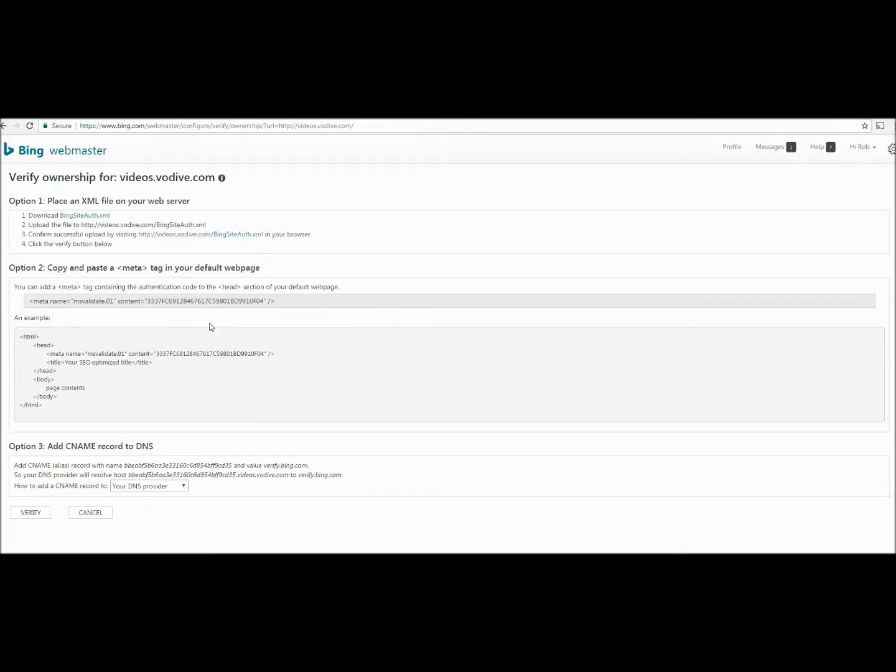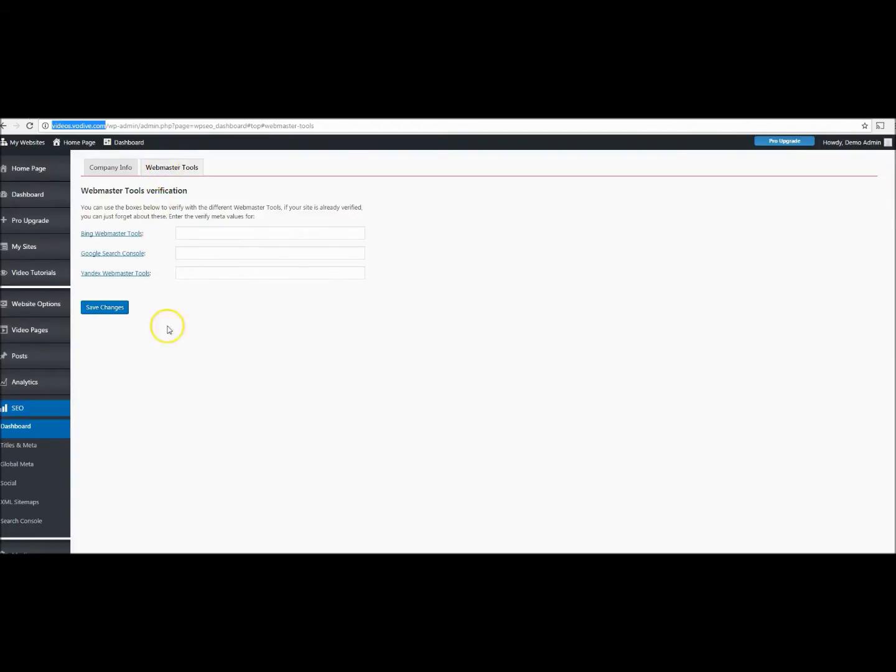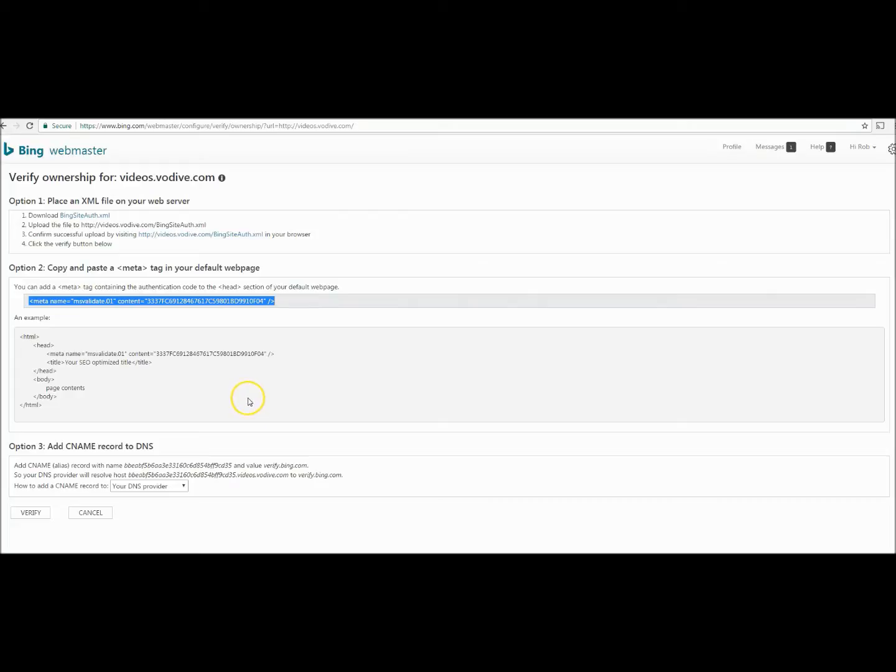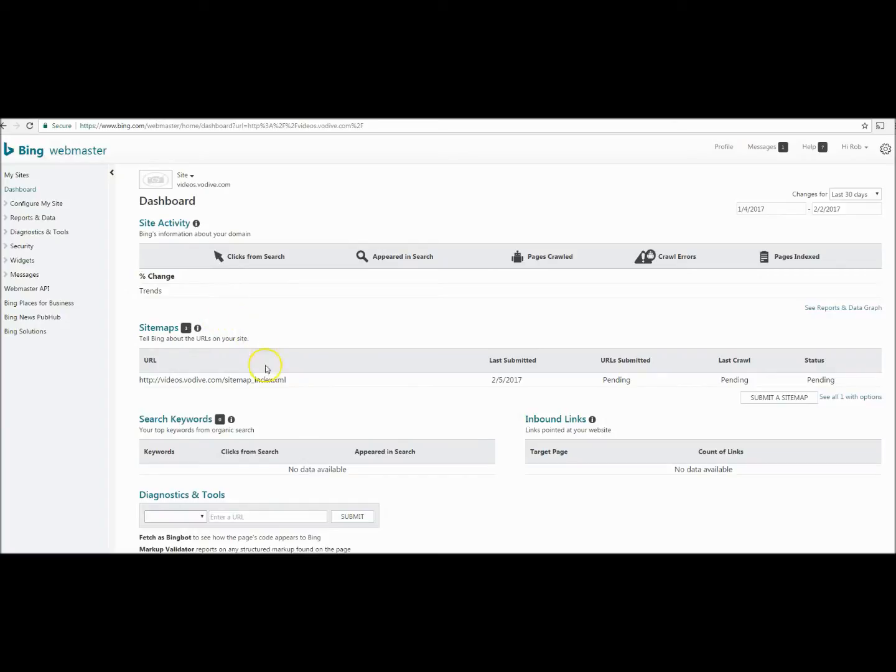At this point in time, Bing is going to ask us to verify that we own the site, just like Google Search Console did. And again, we're going to pick the meta tag option, copy this meta tag, head back over to the Webmasters tab underneath the dashboard menu item, and in the Bing Webmaster Tools field, paste that meta tag, click Save Changes. You may want to wait about 60 seconds. Then you can click the Verify button, and you will be redirected to the dashboard of your newly submitted website. You have now completed all the necessary steps to allow your website to show up in search results on Bing